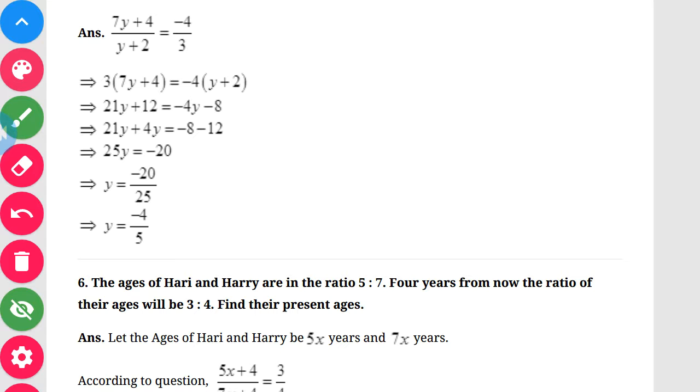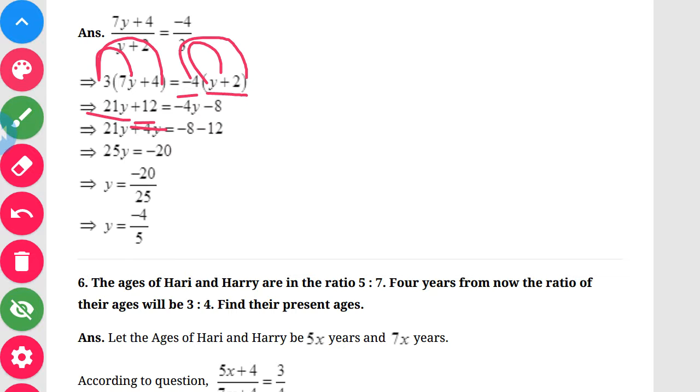Once again I will just like to tell you all, 7 3s are, that is 3 into 7y will give you 21y, plus sign as it is plus, so 3 4s are plus 12. Okay, till here. Then minus 4y, that is 4 into minus y is minus 4y, minus into plus becomes minus, if you see the sign here, and the minus 4 into 2 becomes what?